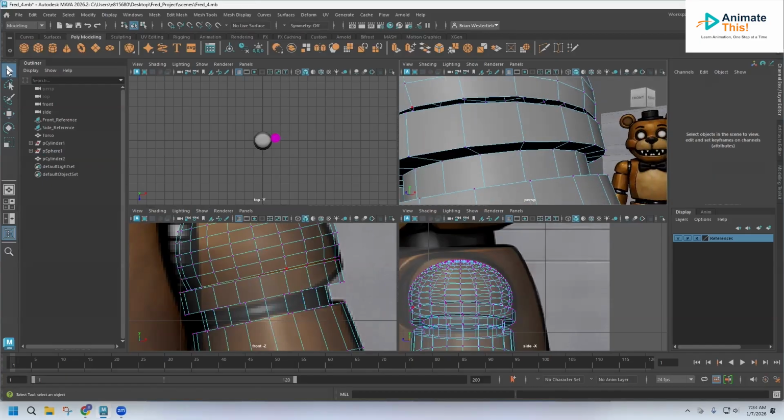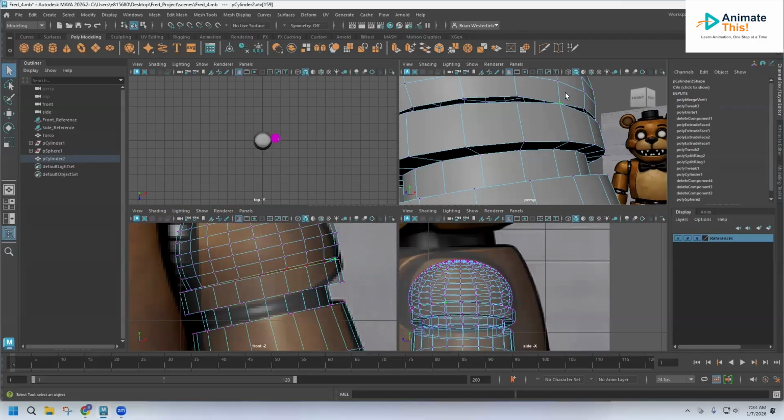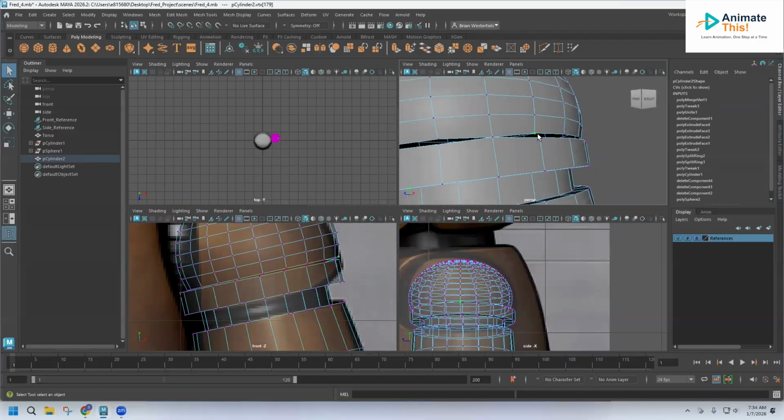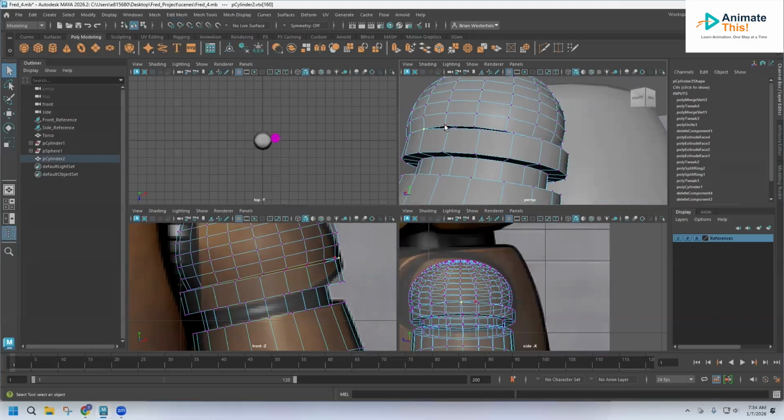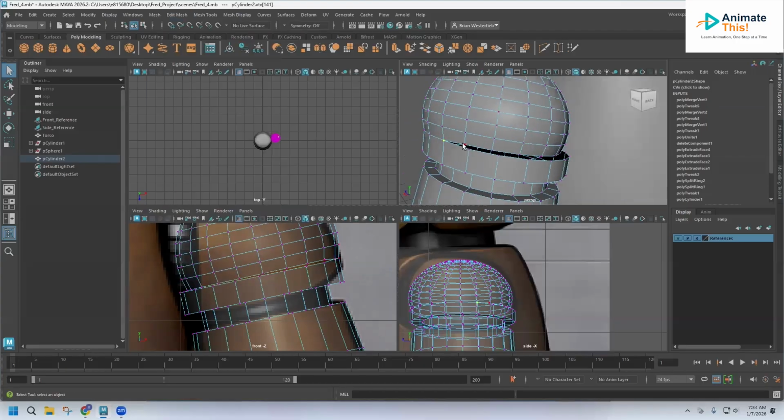I'm going to grab my selection tool, and select this one that matches up. Then I'll go to edit mesh, merge to center. Select this one, edit mesh, merge to center. And I'm basically just going to work my way around, selecting the corresponding